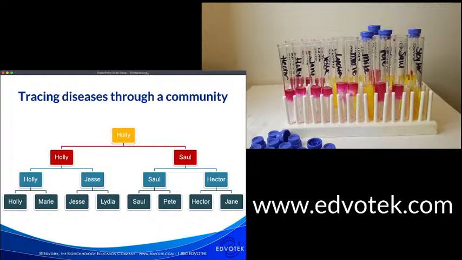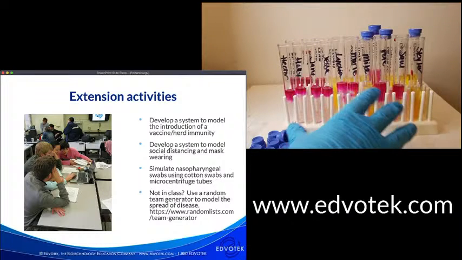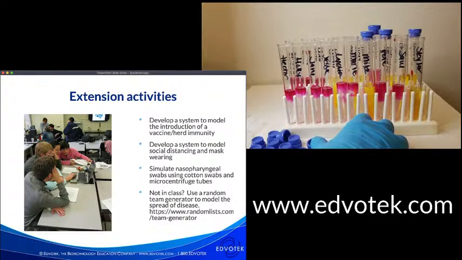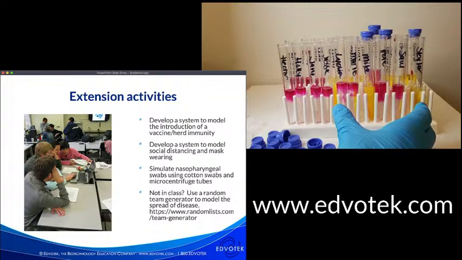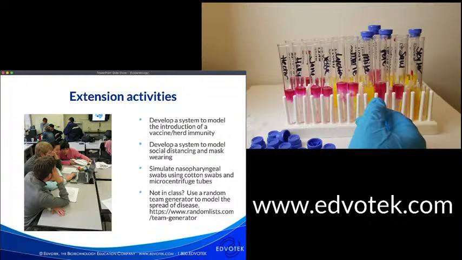There are actually a lot of places that we can take this super simple experiment through some extension activities. First, using this acid base indicator system, we can actually model different problems and different challenges and different treatments within a community. And so one thing that you can do is develop a system to model the interaction of a vaccine or herd immunity. And so this could be between buffering the solution,